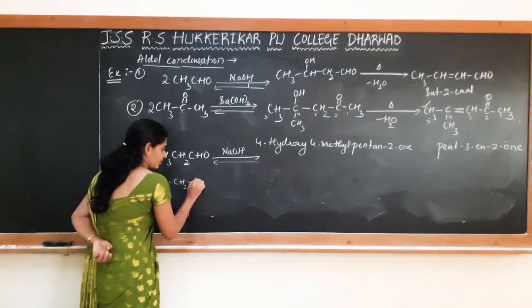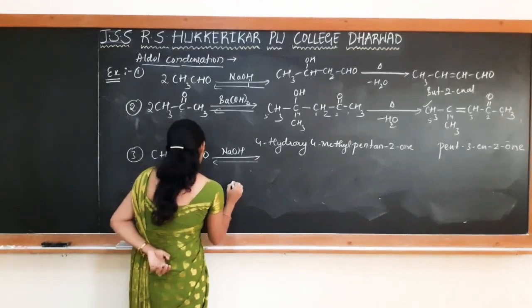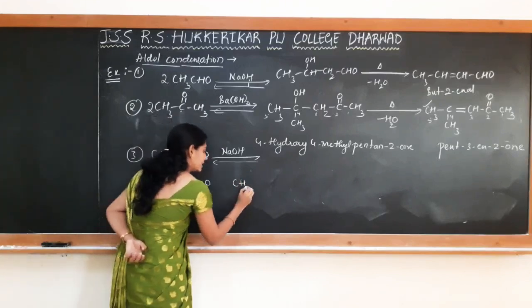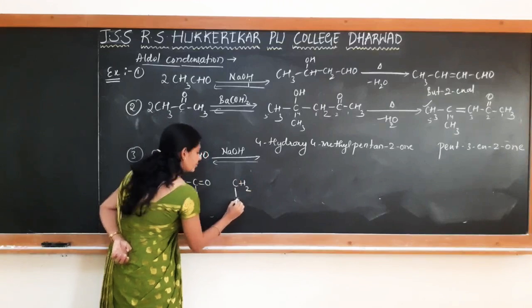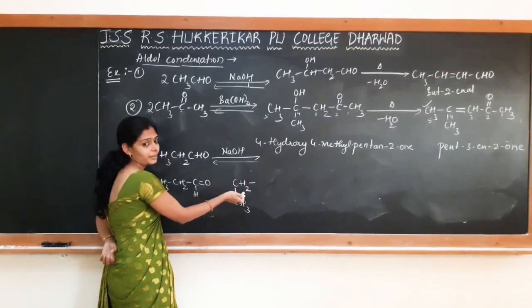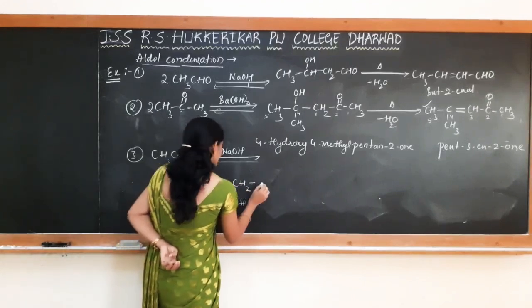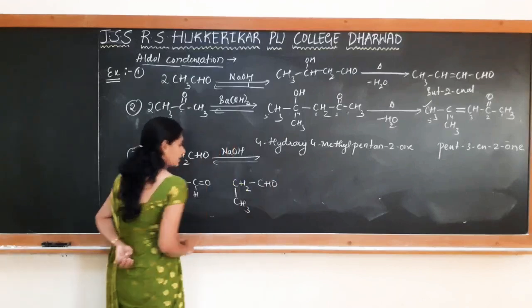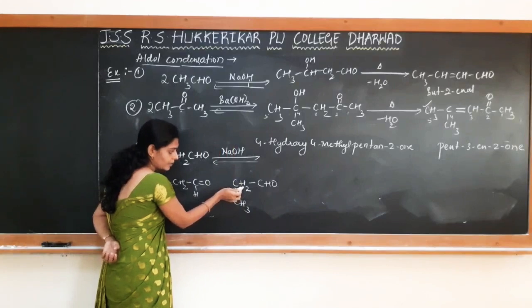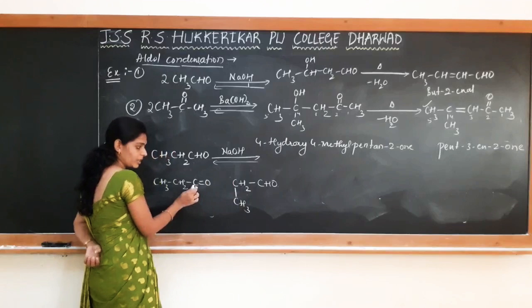CH3, CH2, CHO. Another compound is... the alpha carbon. You have to write it here so that it is easy to remove the hydrogen. CH2, as the attack is between the alpha carbon of one and the carbonyl carbon of the other. CH2, CHO. So this will be the carbanion forming carbon. How is the carbanion formed? CH minus, one hydrogen is removed, and that attacks the carbonyl carbon.